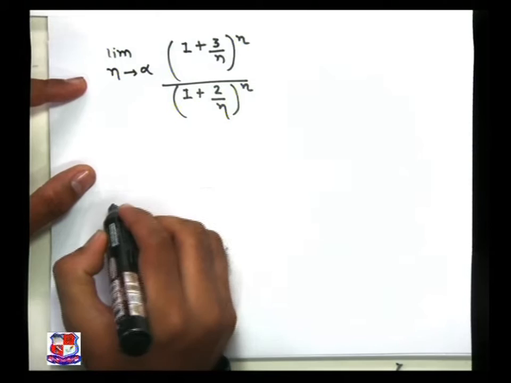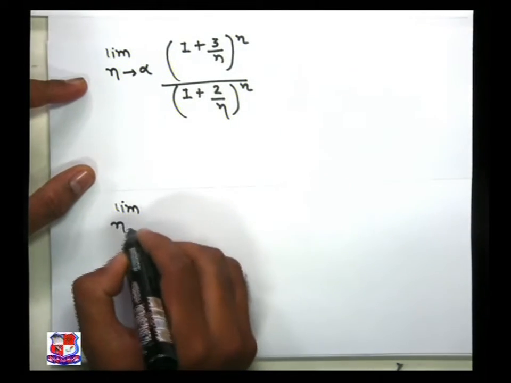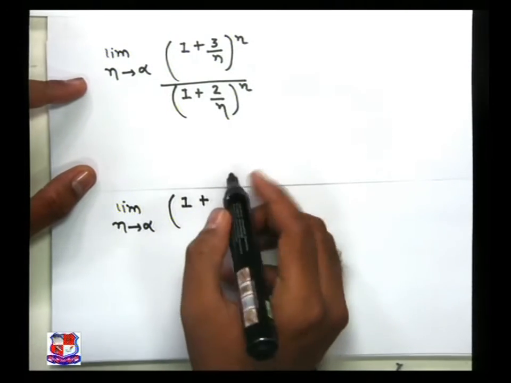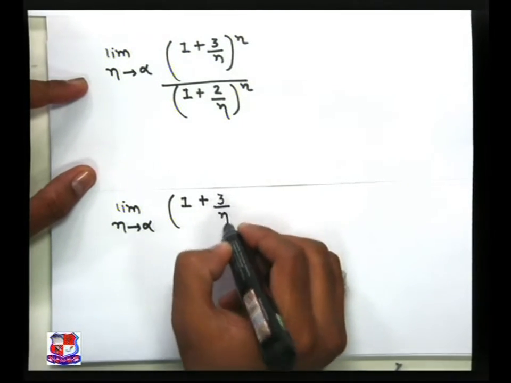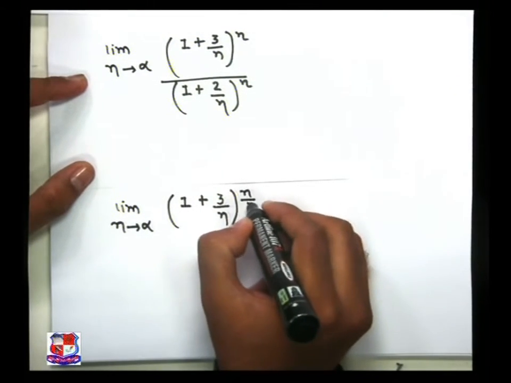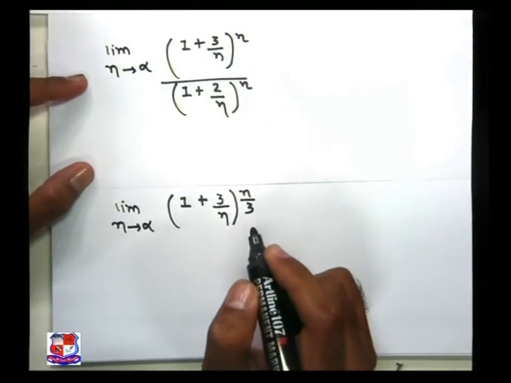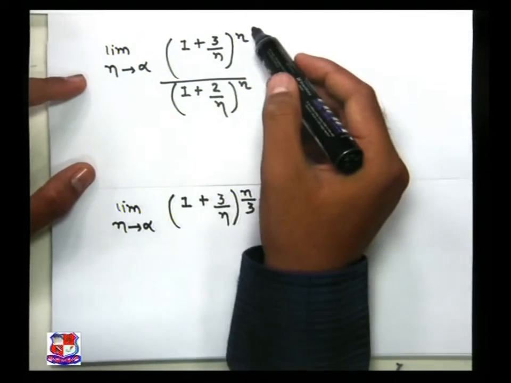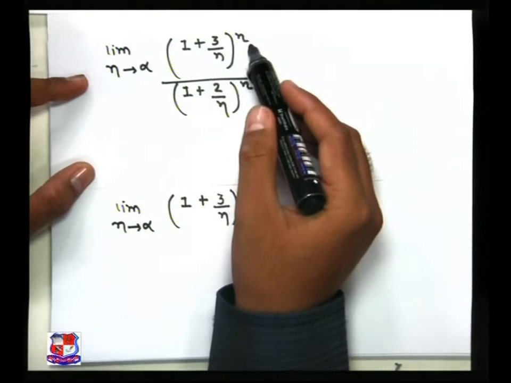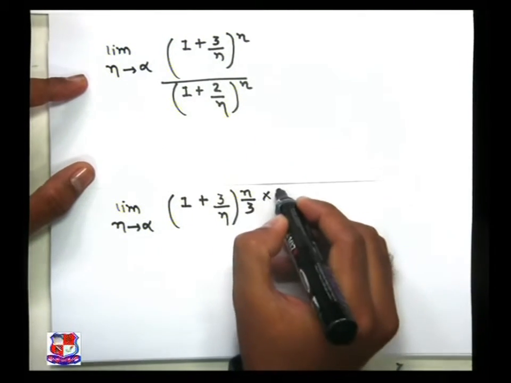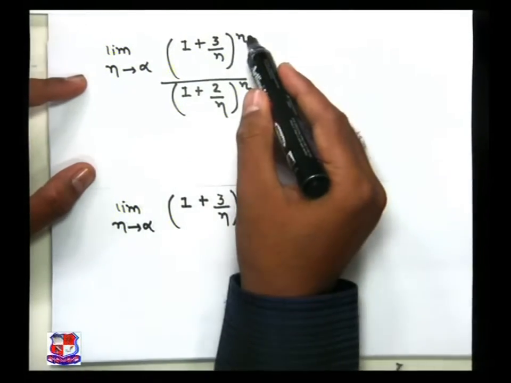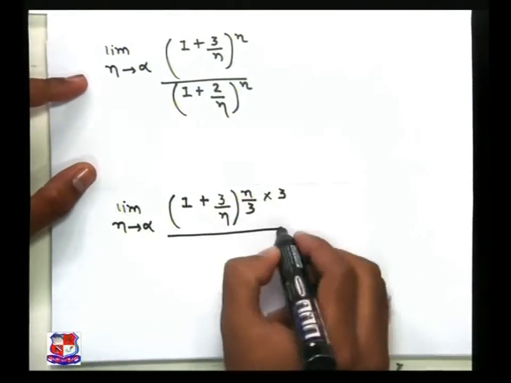So here limit n tends to infinity, 1 plus 3 by n, and write what we want, that is n by 3. And now just check it with the actual power, here n, here 3, but here there is no 3 value, so multiply with 3. So finally this 3 and this 3 cancel out, and the remaining power is the same, divided by